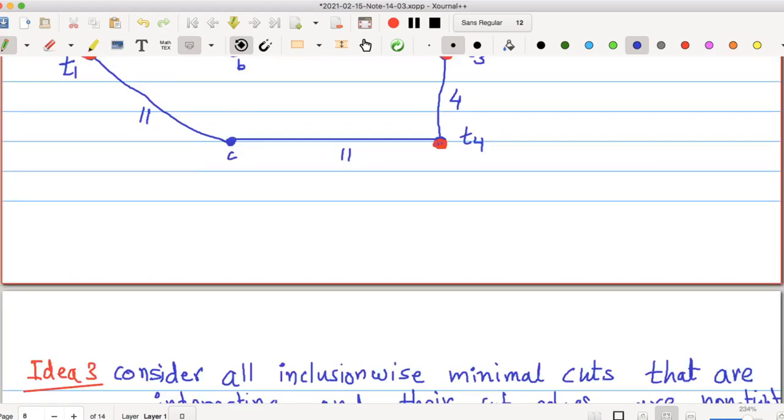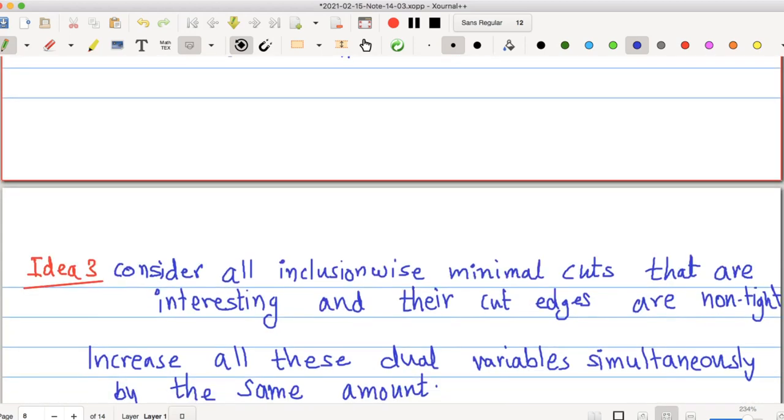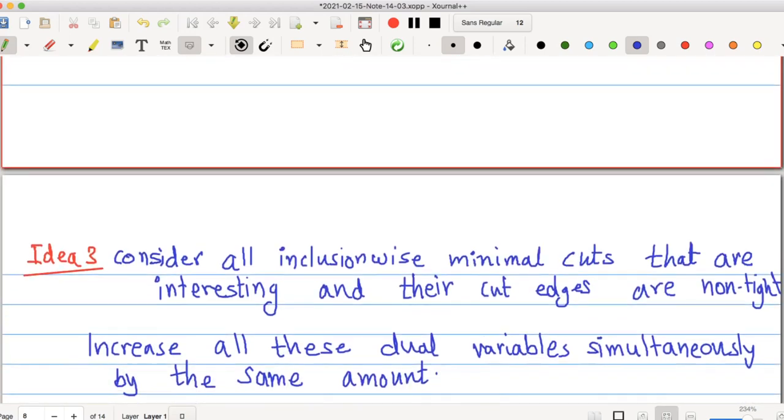Okay, so this is the idea that at any point we will consider all inclusion wise minimal sets which are interesting and the cut edges are non-tight. So this is a bit complicated description.